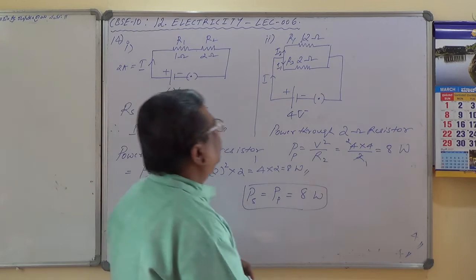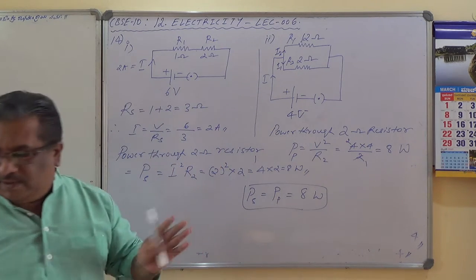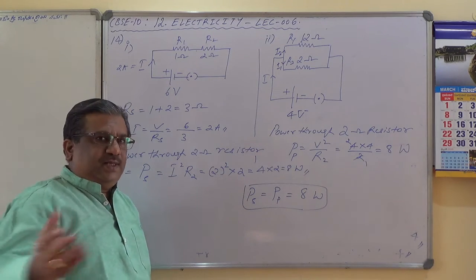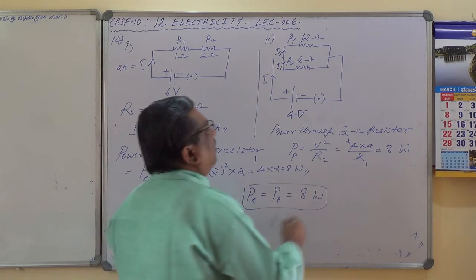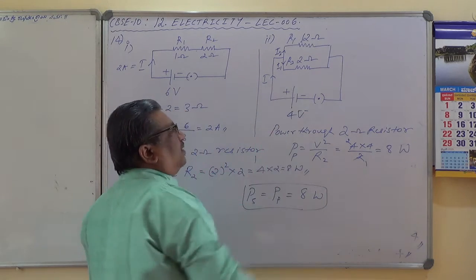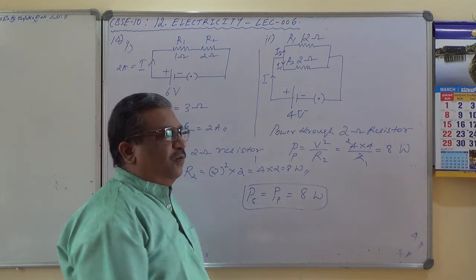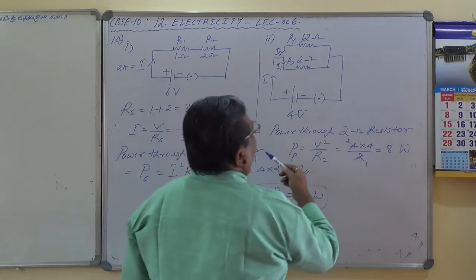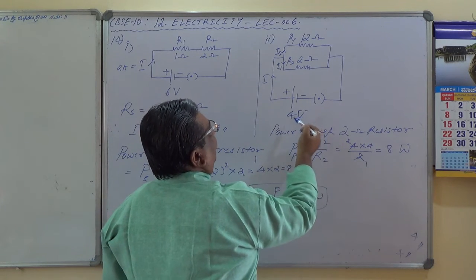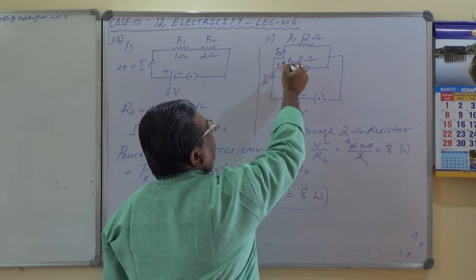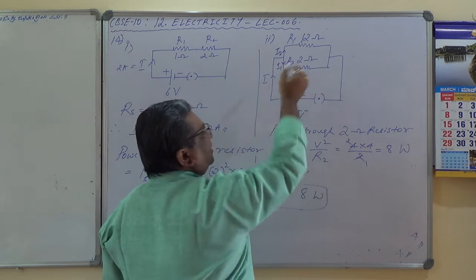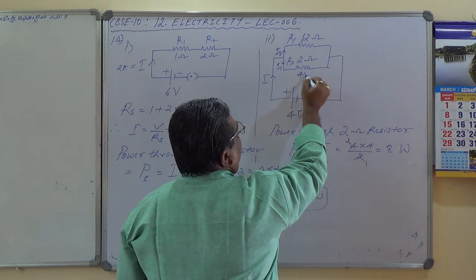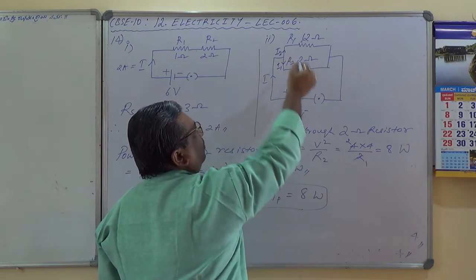Just one small thing. I would like to extend some calculations over here. Let us see whether we will succeed. Please listen carefully. Can you calculate I1 and I2 for this? Would you be able to calculate I1 and I2 over here? Let us check how to calculate I1 and I2. I know 4 volts. In order to calculate I1 and I2, I should know the voltage here and the resistance here. What is the voltage here? 4 volts. Why is it 4 volts? In parallel combination, voltage remains the same.